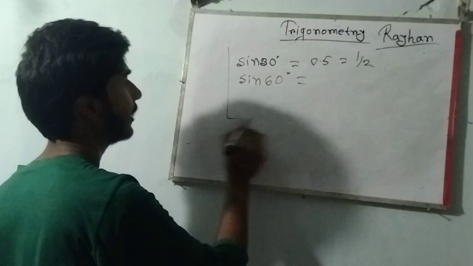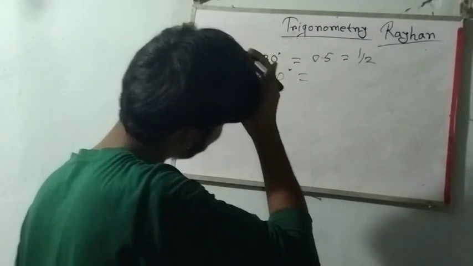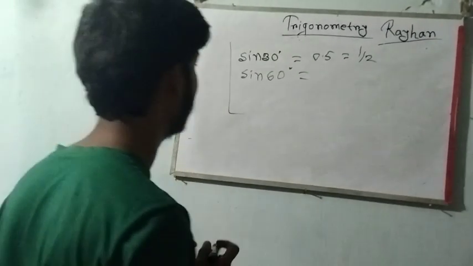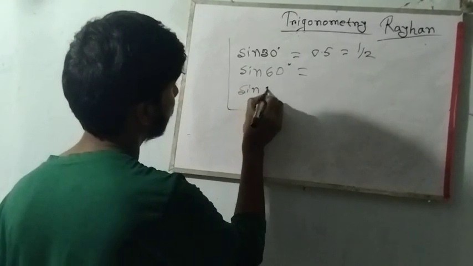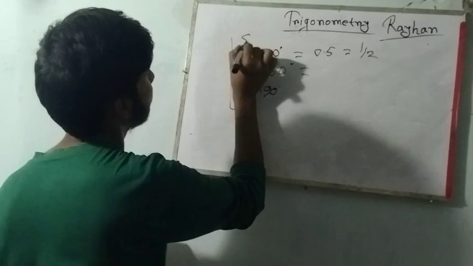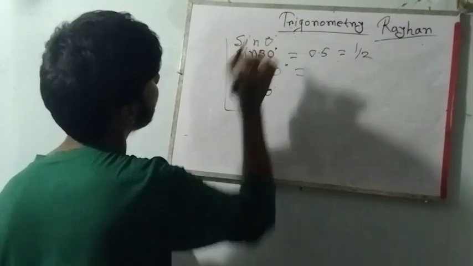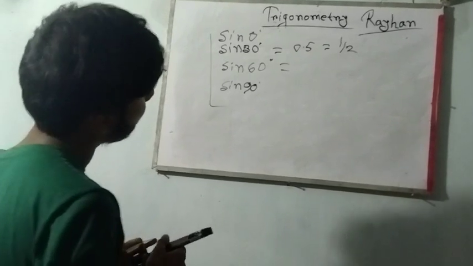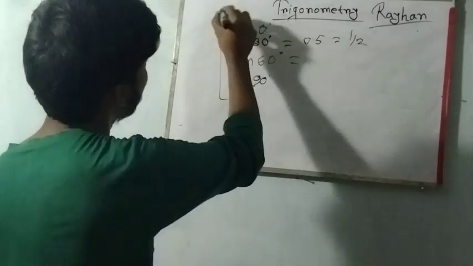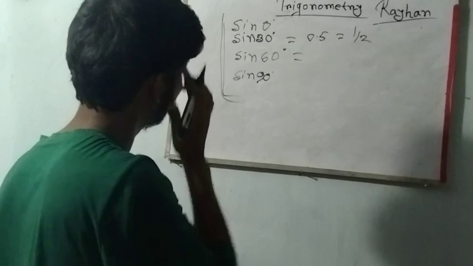These are constant values. We have to memorize these values, otherwise we cannot solve the math. So sine 60 degree, sine 90 degree, sine 0 degree. In all cases of ratio, there are 4 constant values: 0 degree, 30 degree, 60 degree, and 90 degree. In case of tan, sine, cos, second case,